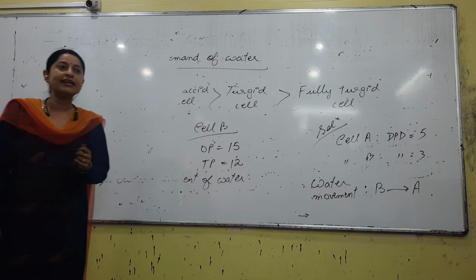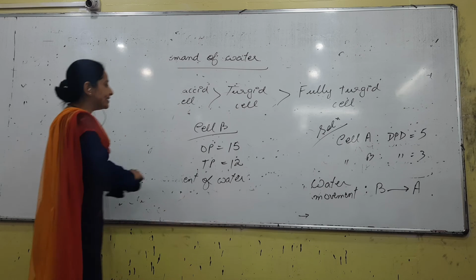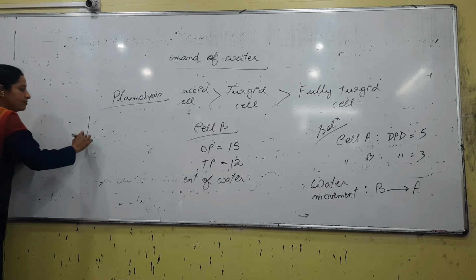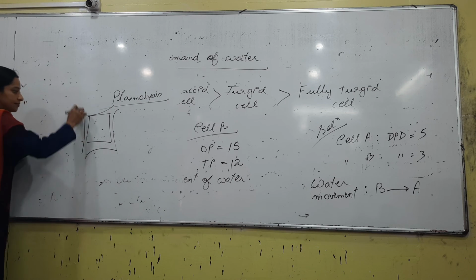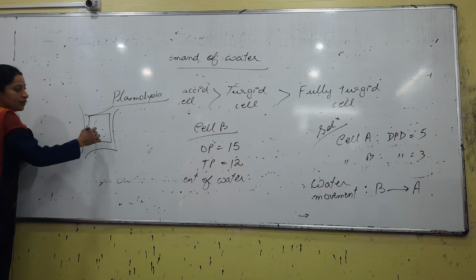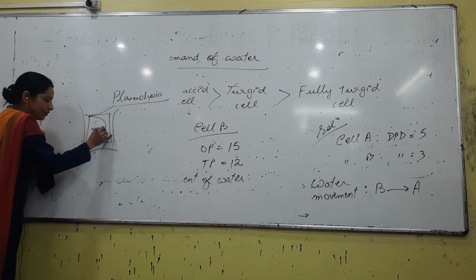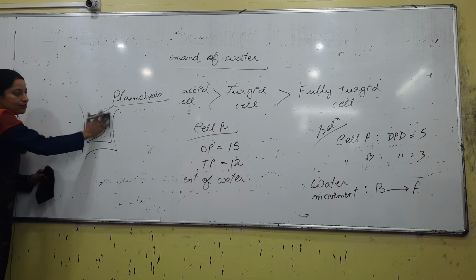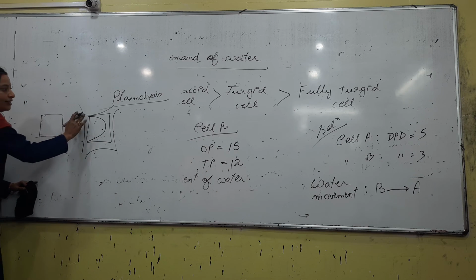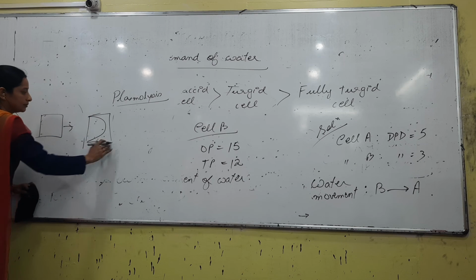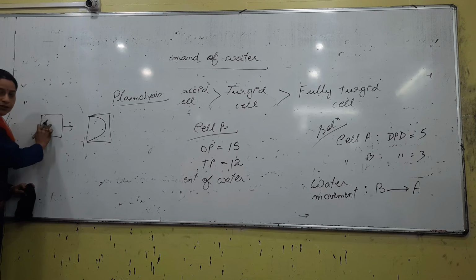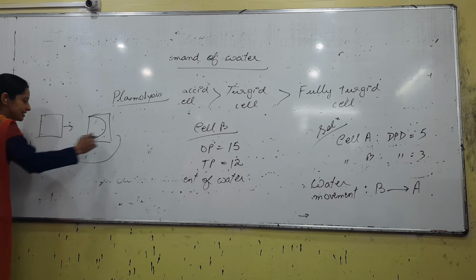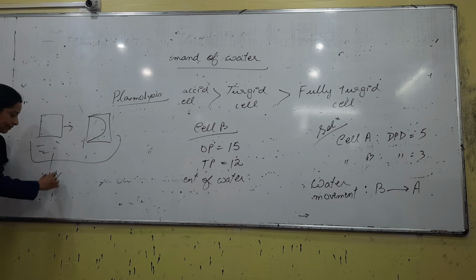What is plasmolysis? The shrinking of a cell is called plasmolysis. Suppose we have a cell. Inside this, the contents, what do we call it, protoplasm. So the shrinking of the protoplasm from the cell wall is called plasmolysis. Earlier there was no shrinkage; it was a complete cell, and gradually the contents, the protoplasm, separate and shrinkage happens. This process we call plasmolysis. This happens when you put this cell in a solution,